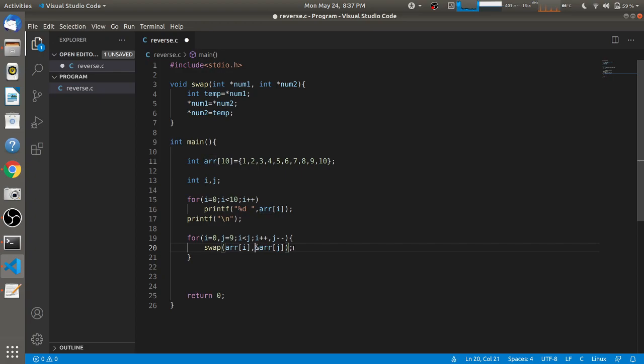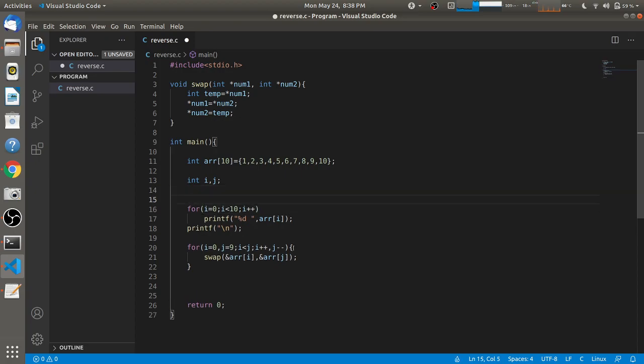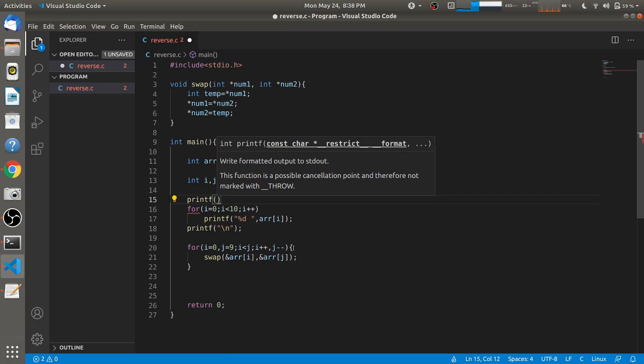But as we did in the swap function, here we have to pass the values to the swap function by reference.